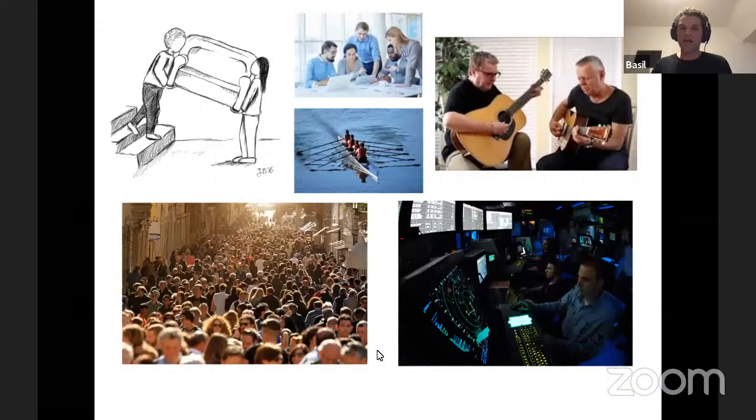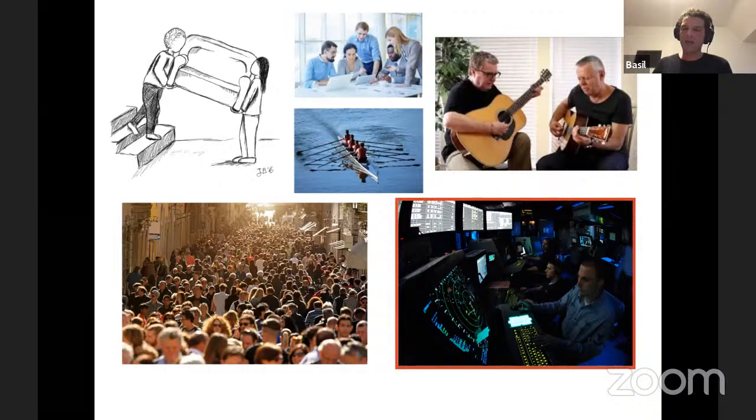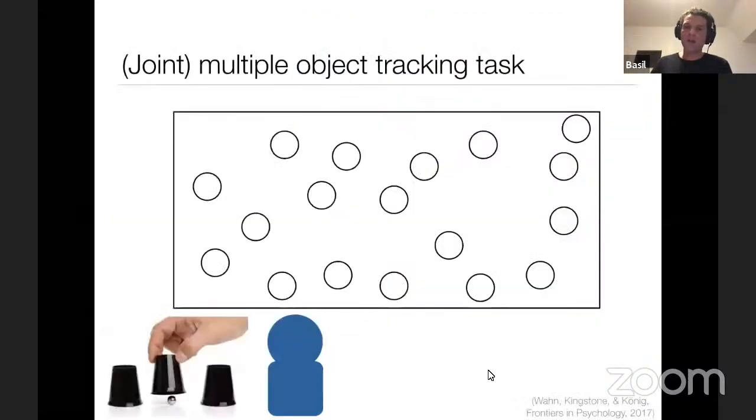Now, going back to these initial examples, I want to move to a different task, one that is a bit similar to the task that air traffic controllers need to perform. They need to coordinate air traffic jointly by tracking the movements of several planes on computer screens. A task that is a bit similar to this air traffic controller task is called a multiple object tracking